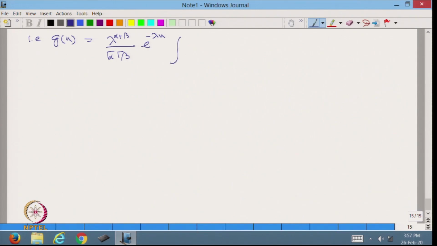Therefore, we are left with the integration from 0 to u of v to the power alpha minus 1 into u minus v to the power beta minus 1